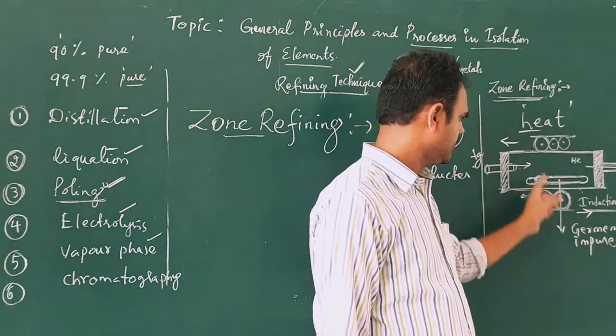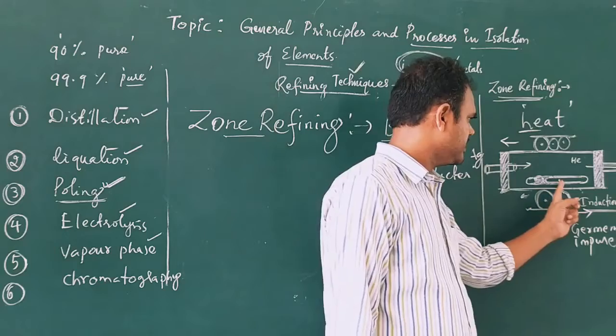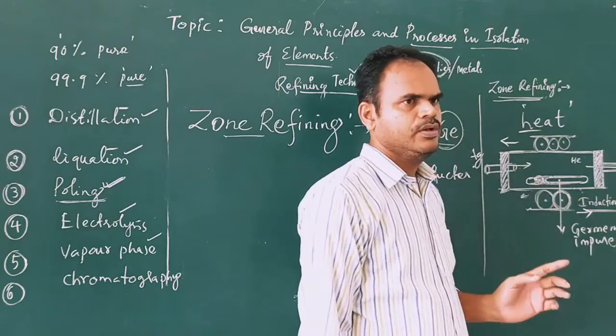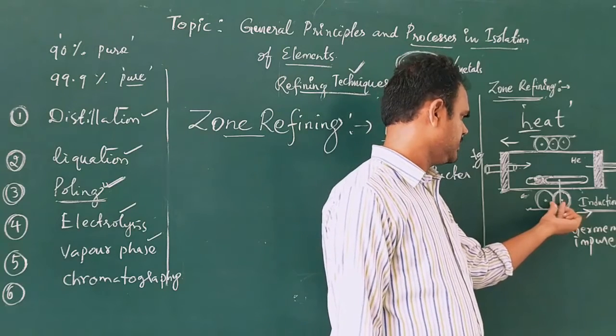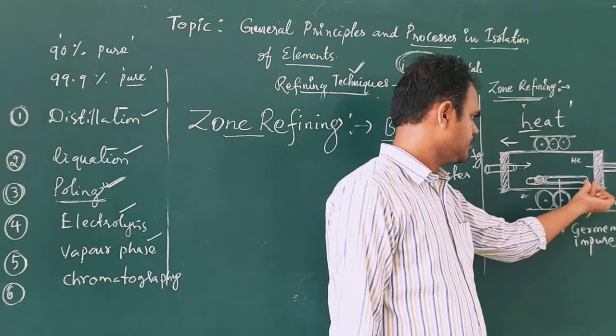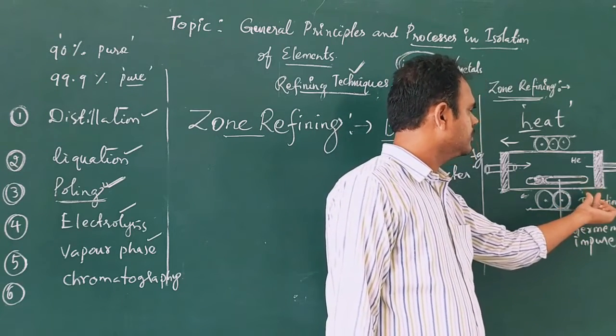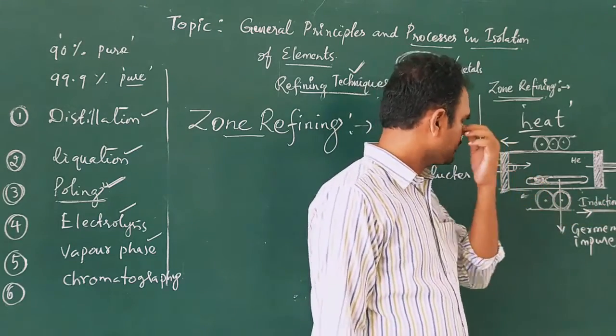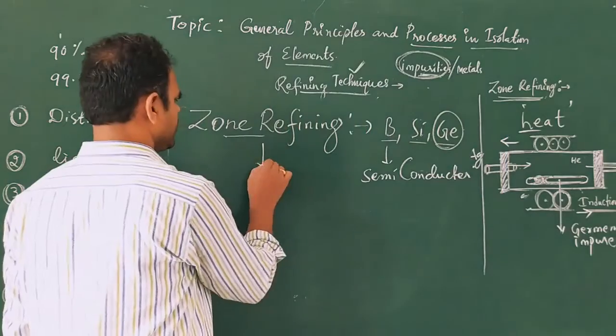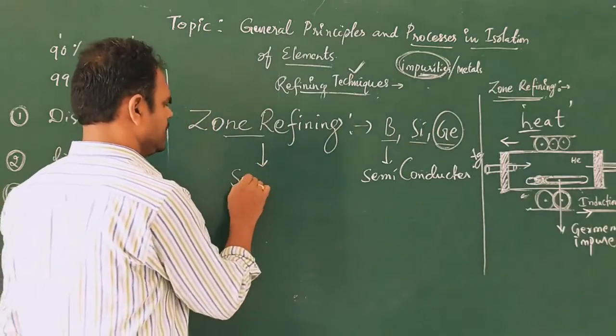Okay, two induction coils are there and here is the germanium which is impure. What we'll do is very simple. This induction coil you should start from the beginning. Start heating this. On what principle does it work? Zone refining works on the principle of solubility